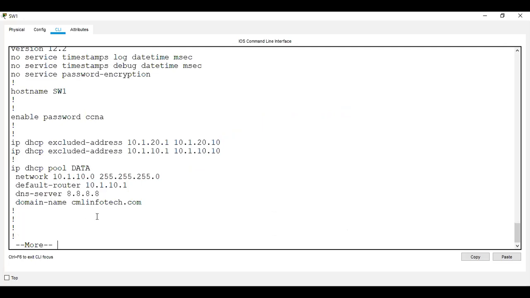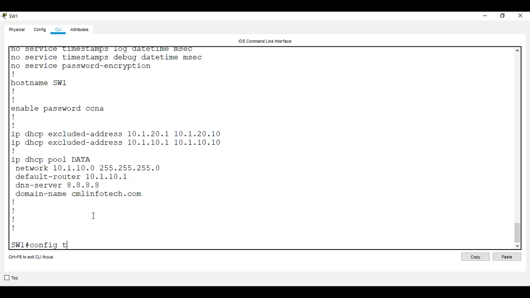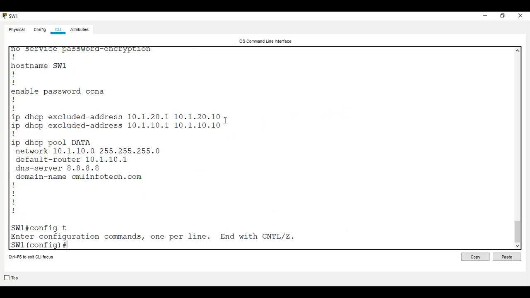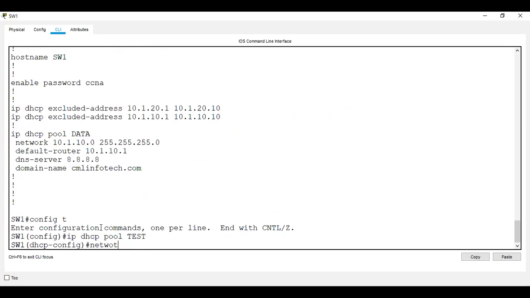So we'll configure it. Config T, but we already reserved IP DHCP excluded addresses from 21 to 2010 for VLAN 20. So let's say ip dhcp pool. I think we mentioned the VLAN name test, so we can put the same.